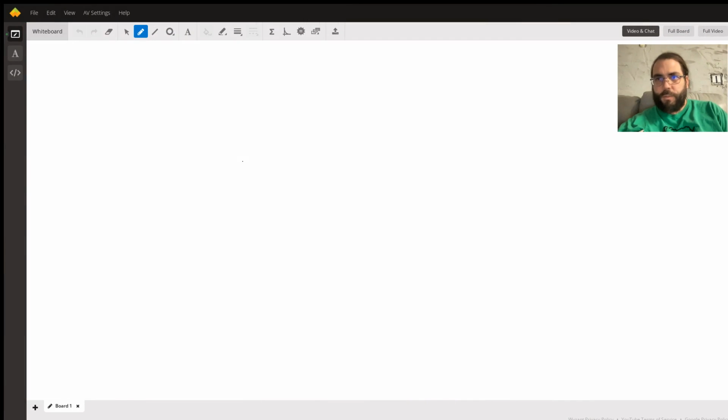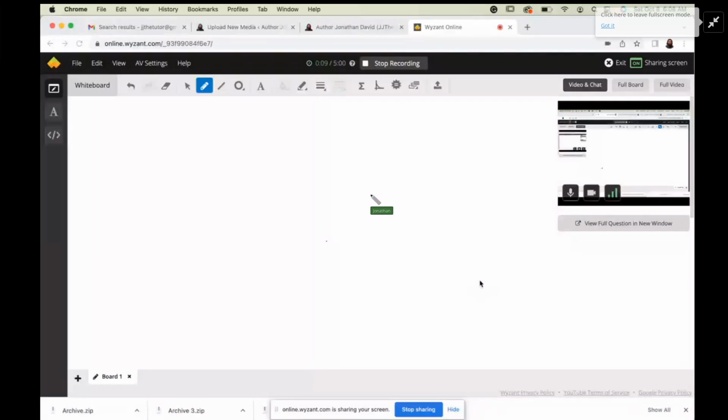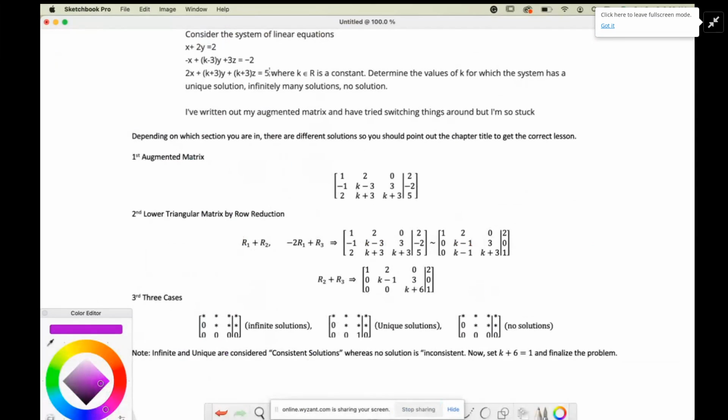So I'm going to share my screen with you so you can see the solution to this question. And so consider the system of linear equations. You've got a system of three equations here, x, y, and z. And you want to solve for the values of k, where k is a real number, such that you have a unique solution, infinitely many solutions, or no solution. So, you could say inconsistent or consistent solutions. And anyways,